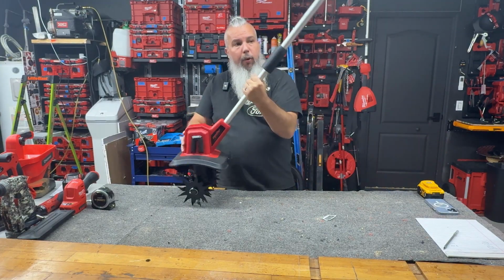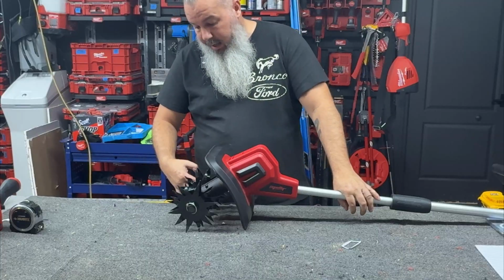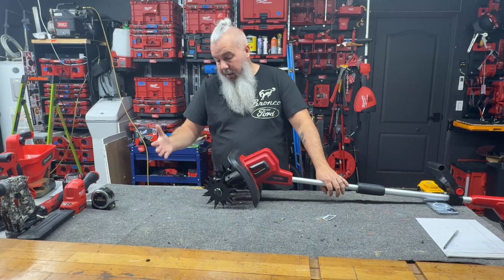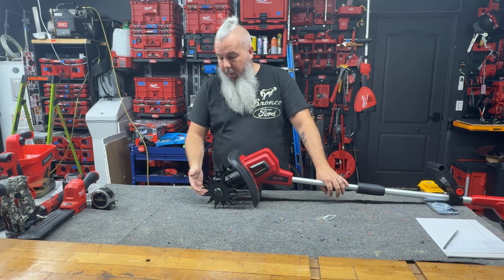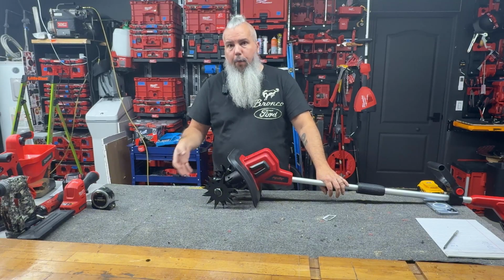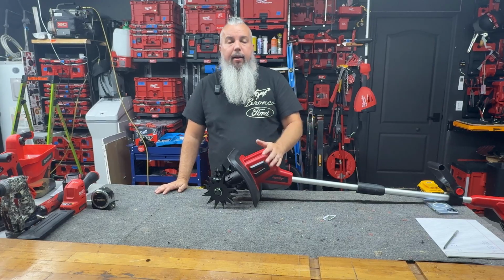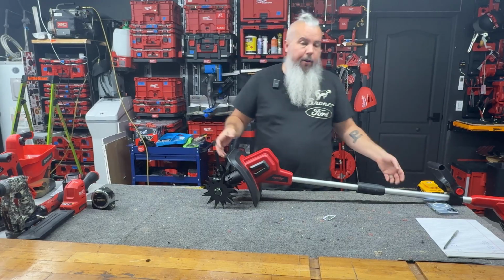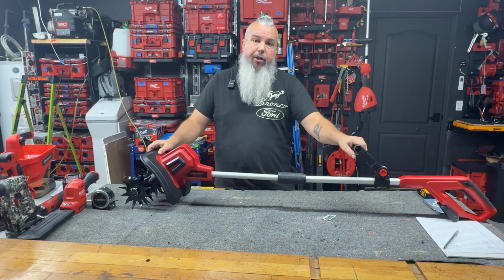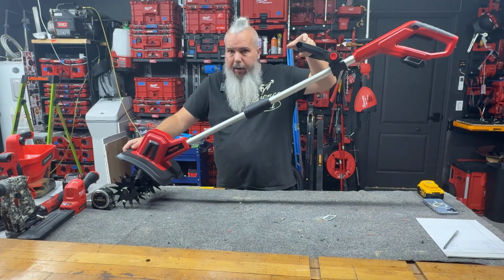I'd rather this fold than unscrew. And if these tines could be separate to where you could change your width, I've seen that on some, but Milwaukee has a couple for like gravel, things like that. I really don't know what their tiller offering is, but like I said, at $100 starting for any accessory, they're not going to come close. So if you're looking for an inexpensive way to do the job and still get a tool, and you know, whoever needs their